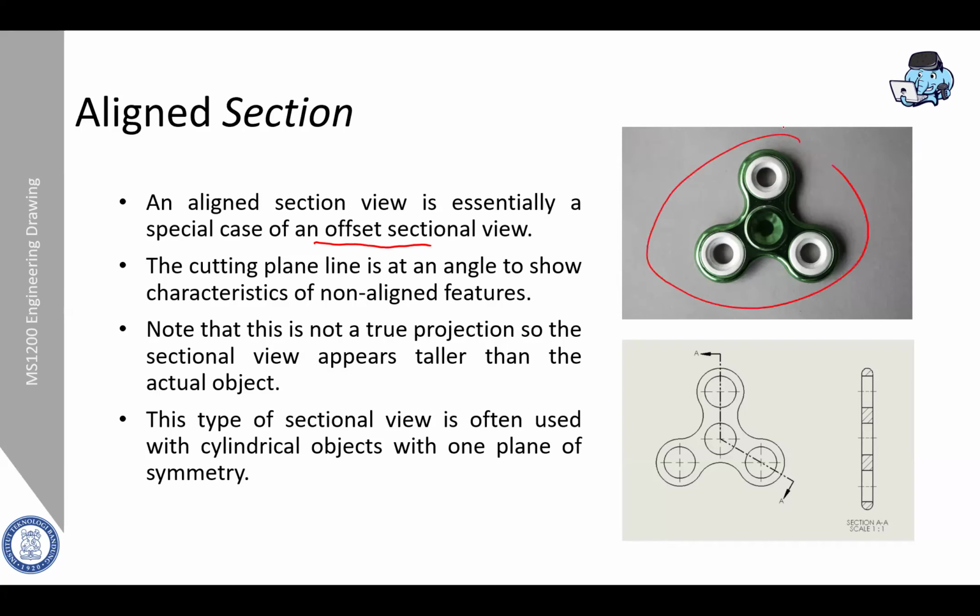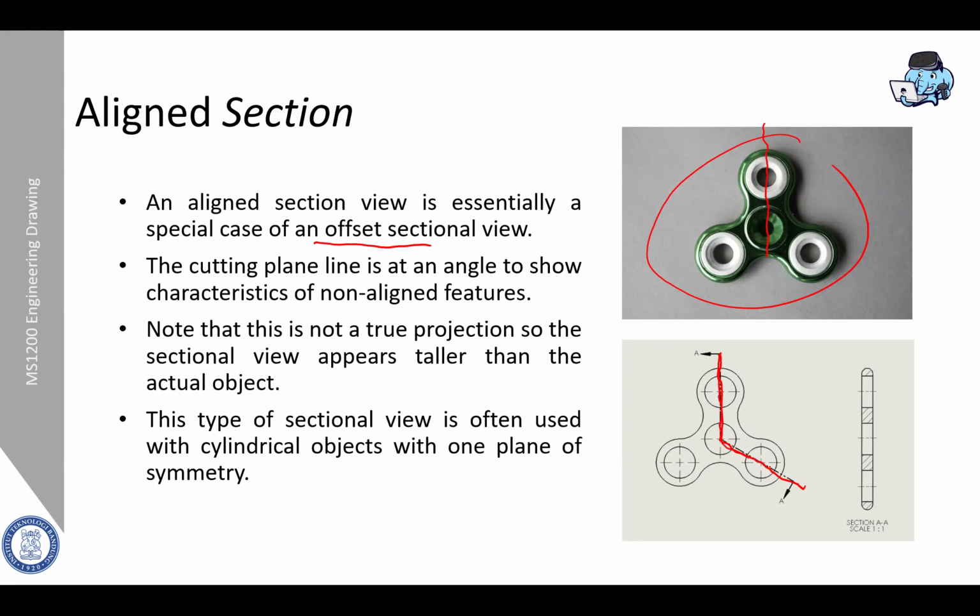So if the section line is drawn like this one, it will be quite confusing. Yeah, it will be clearer if the cutting plane is like this one.